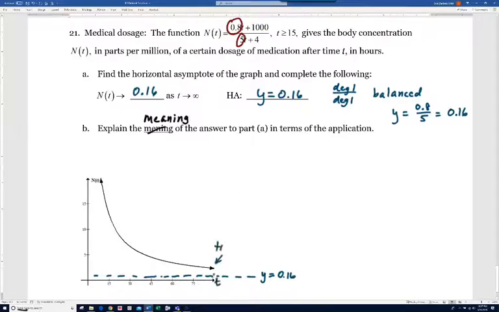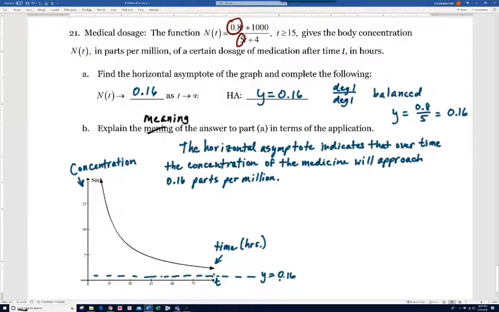And again, this is the t-axis, and that gives us time in hours. So as time grows, notice the graph's going down. And the y values give us the concentration. That's our vertical axis, measuring concentration. Those are our y values. So basically what this is saying is the horizontal,